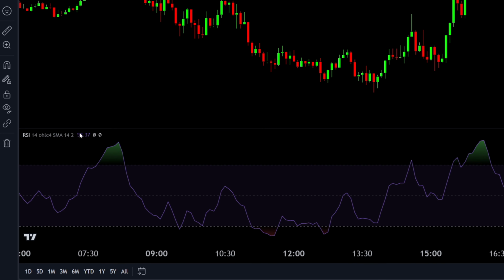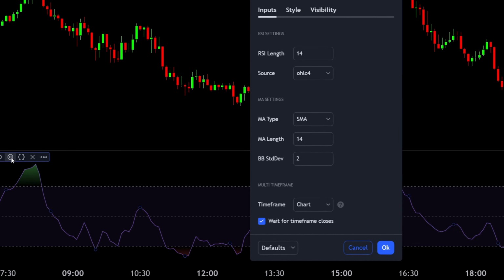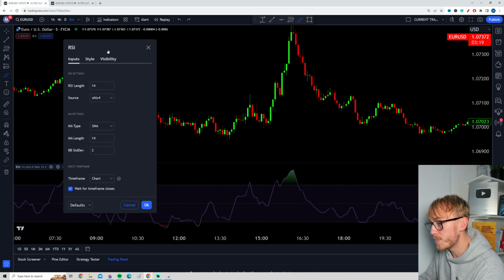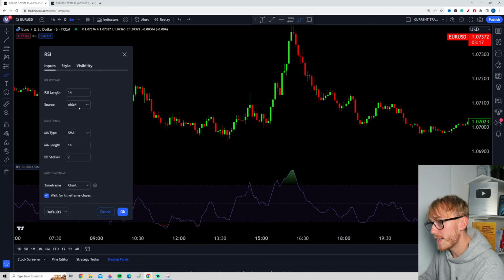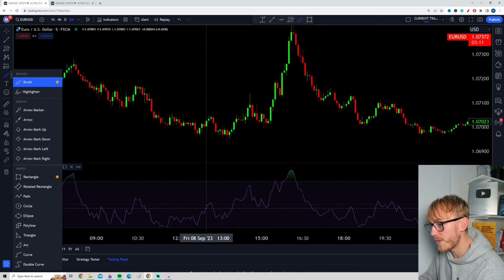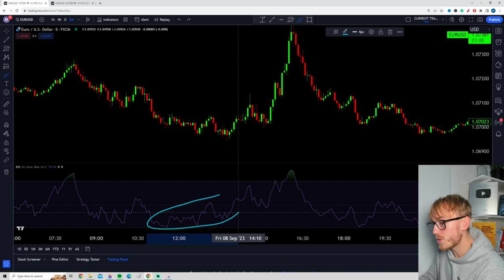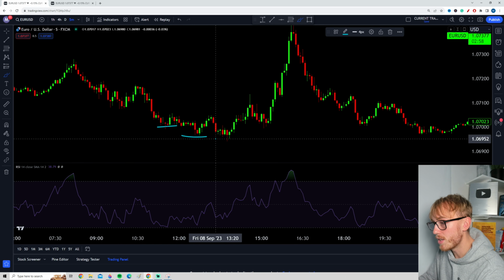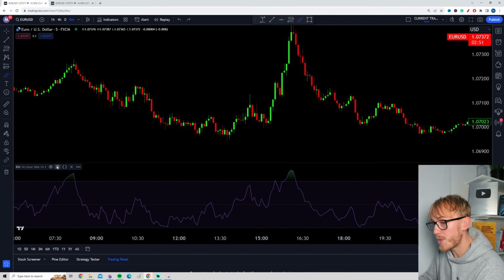So let's show this by going back here to the settings of the RSI. Let's move this one to the side right here, and let's go back here to the close. Now when we choose close here, you can see that it's still possible to spot the divergence. You can see we printed lower lows while we printed higher lows, but by using the special setting, let's go